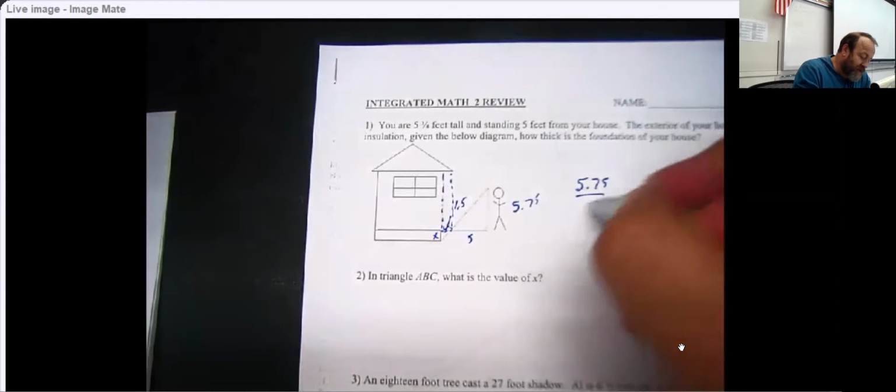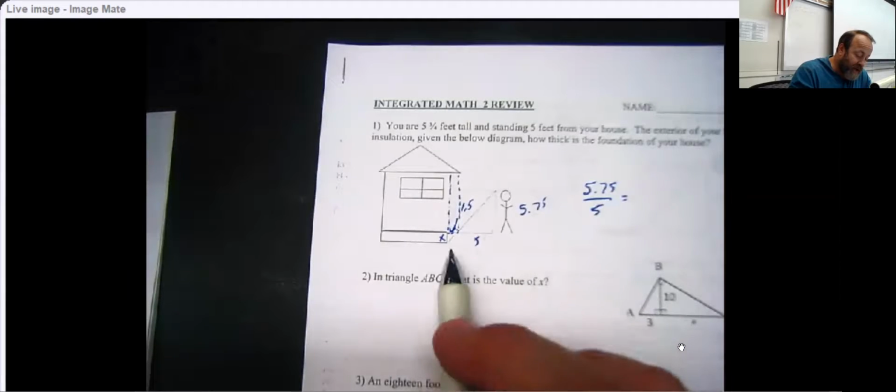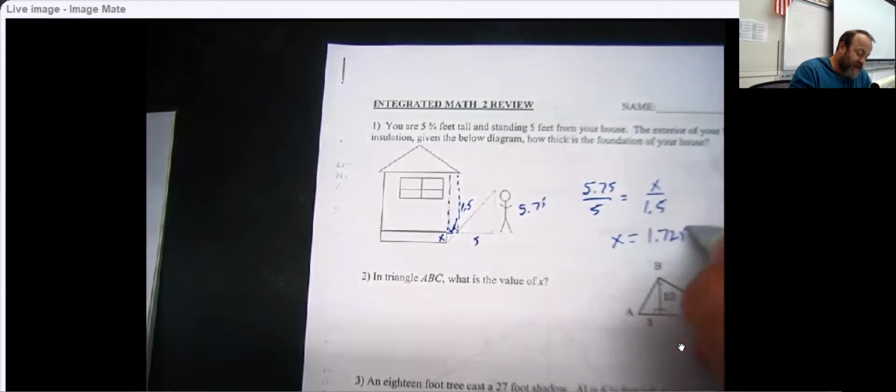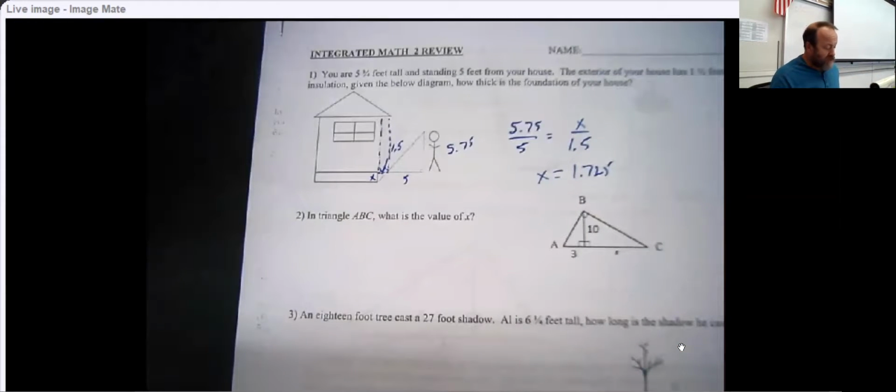So of course, if we did the ratio of the person's height is to their distance, it would be the same as the depth of the concrete would be to the thickness of that. And so if you quickly cross multiply, you're going to end up with x being 1.725, which is a pretty simple little idea. Now, in problem number 2, this is actually a very, very tricky little problem, because when you